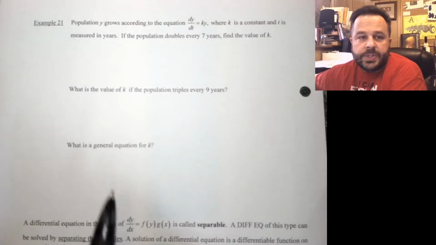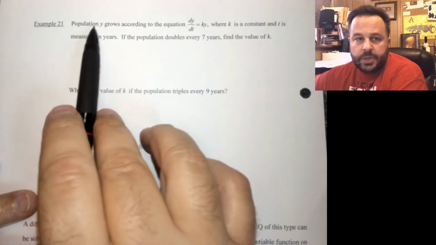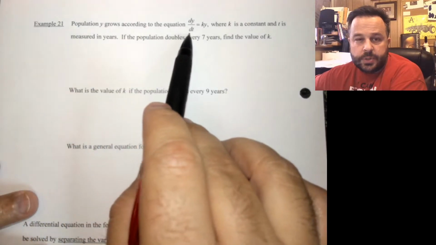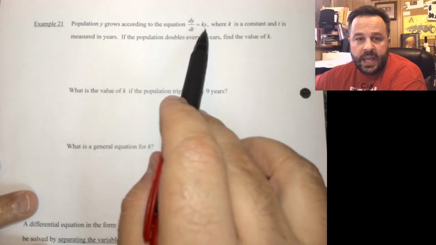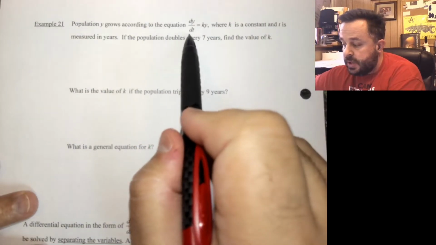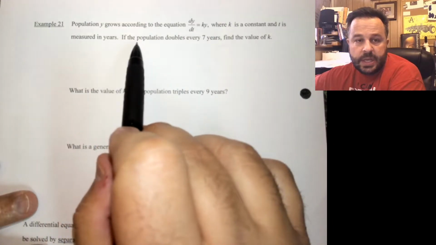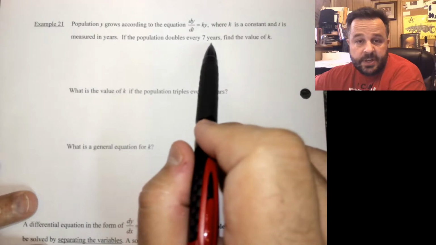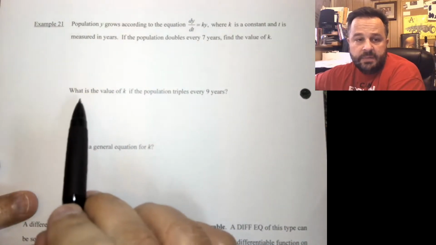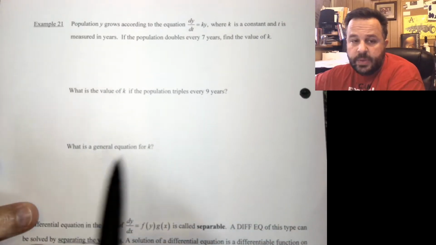Okay, here we are on page 6 looking at example 21 in the differential equations packet, where population y grows according to the differential equation dy/dt = ky. So immediately I know that we're dealing with some exponential function here, where k is a constant, t is measured in years. If the population doubles every 7 years, find the value of k. Find the value of k if the population triples every 9 years, and then can we get some sort of